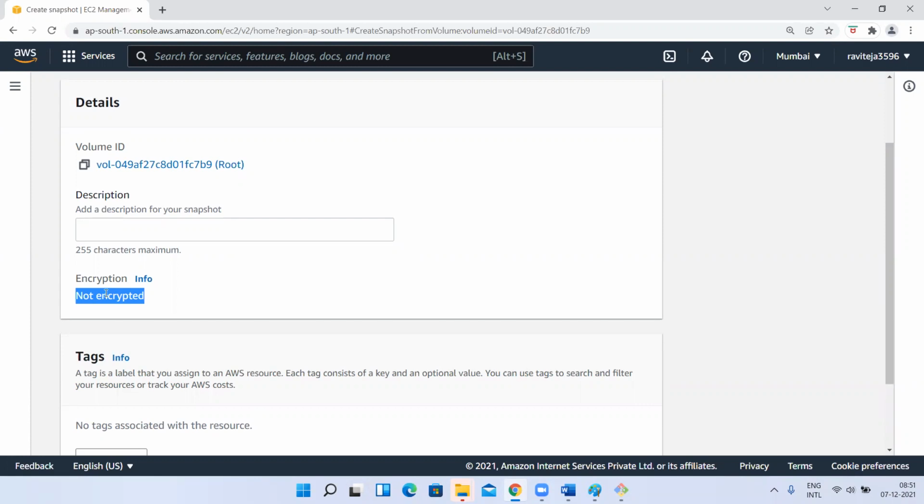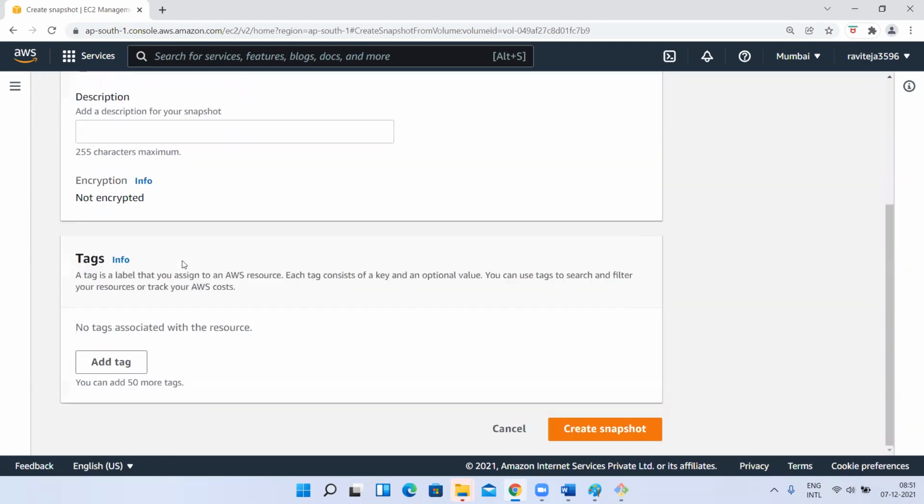While creating the root volume, I haven't selected any encryption, so my snapshot also will be without encryption. Understood, guys?